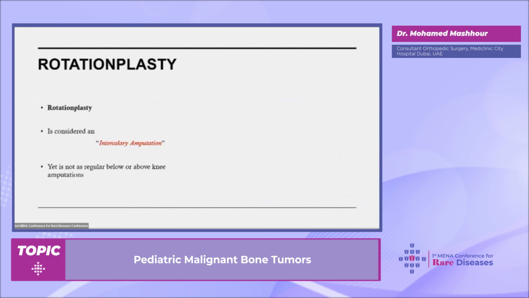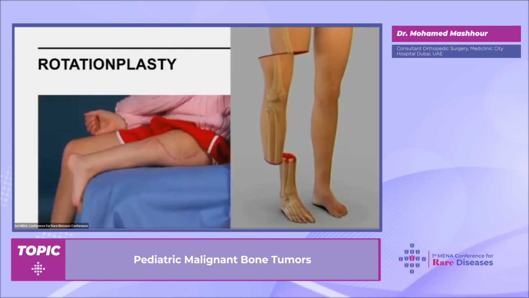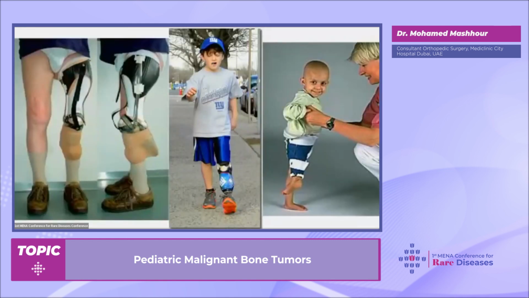One thing I need you to understand is the rotation plasty. Rotation plasty has a very diversified concept in our literature. It's either conceived as limb salvage surgery or intercalary amputation. It's called Van Nes rotation plasty, where I rotate the foot and put the heel instead of the knee, and the foot will be the prosthesis, and that's how it looks. It's mutilating. It's not psychologically accepted by many patients, but to be honest, it's one of the best in function if I need to do an amputation.